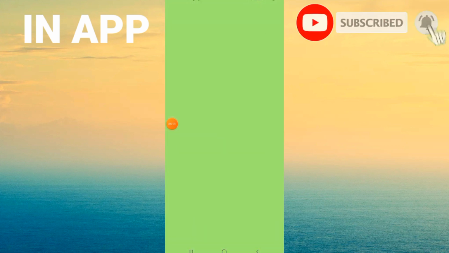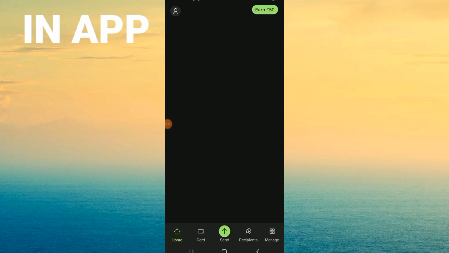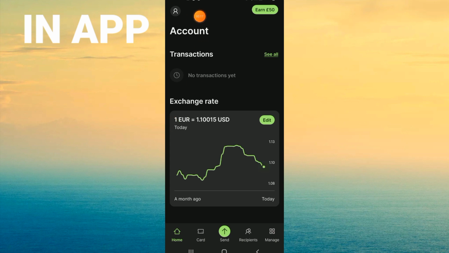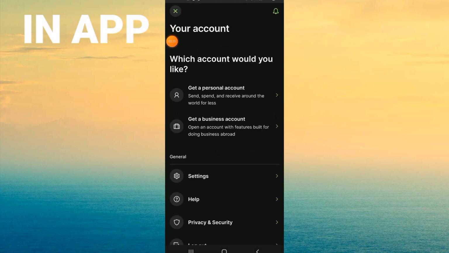First, guys, you should open your Wiz and come directly to your profile. Open your profile icon, and you will find two options right here. You will just click on get a business account,